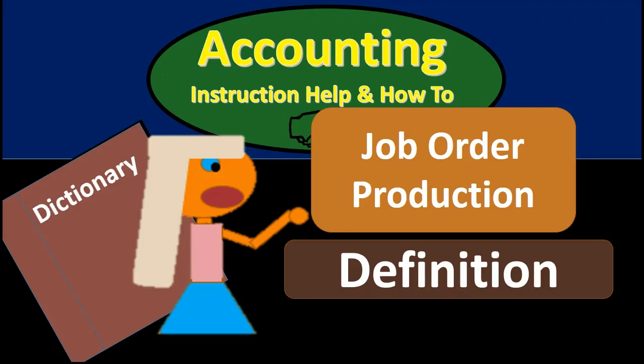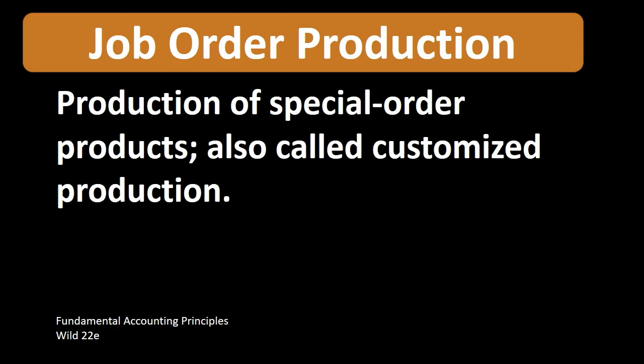Hello, in this presentation we will define job order production. According to Fundamental Accounting Principles, Wild 22nd edition, the definition of job order production is production of special order products,